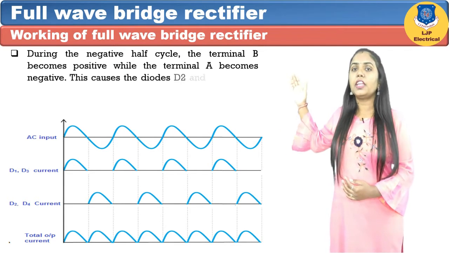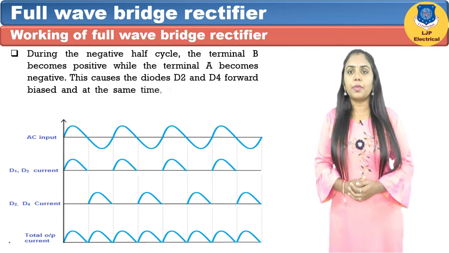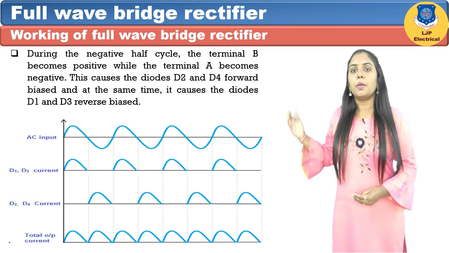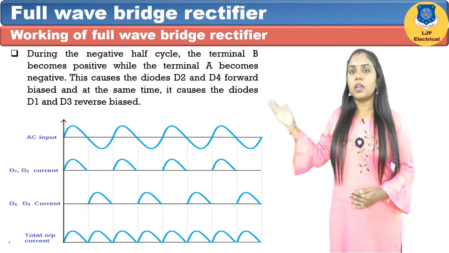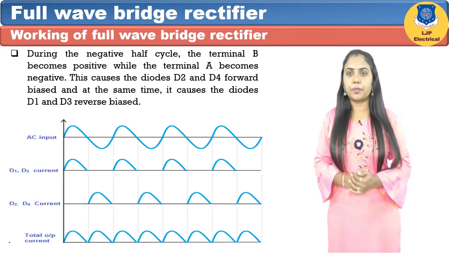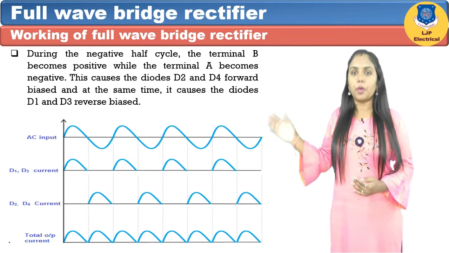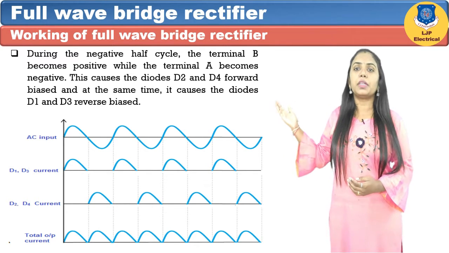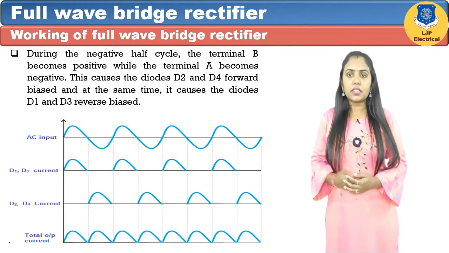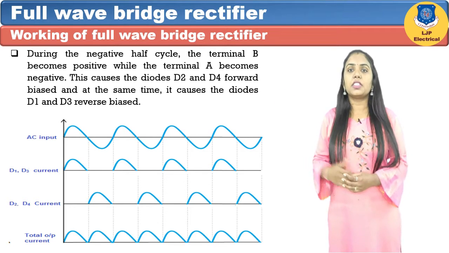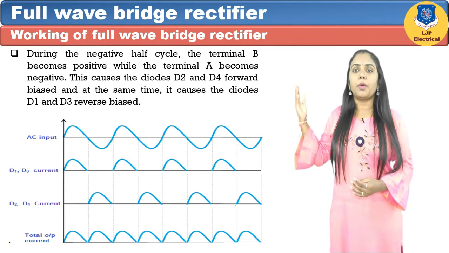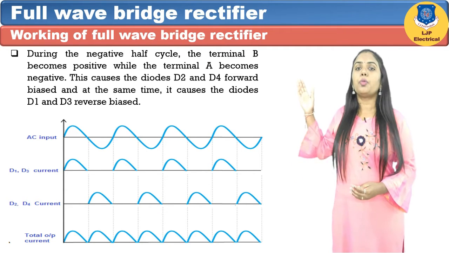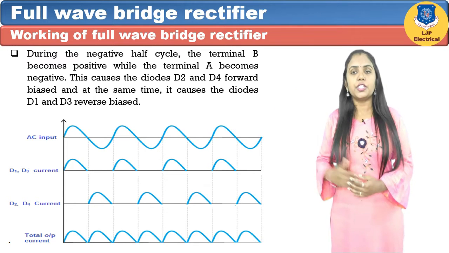Therefore, the polarity of the output DC signal is the same for both the positive and negative half cycles. The output signal polarity may be either completely positive or negative. In our case, it is completely positive. If the direction of the diodes is reversed, then we get a completely negative DC voltage. Thus, a bridge rectifier allows electric current during both positive and negative half cycles of the input AC signal. The output waveform of the bridge rectifier is shown in the diagram.